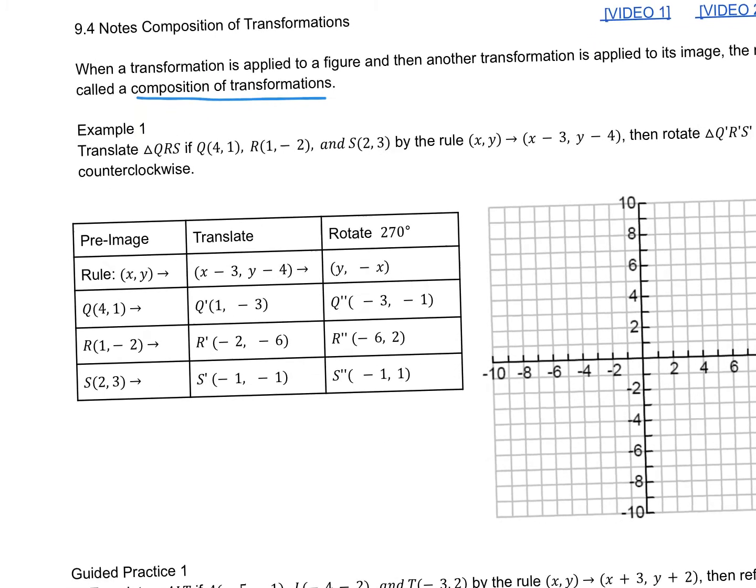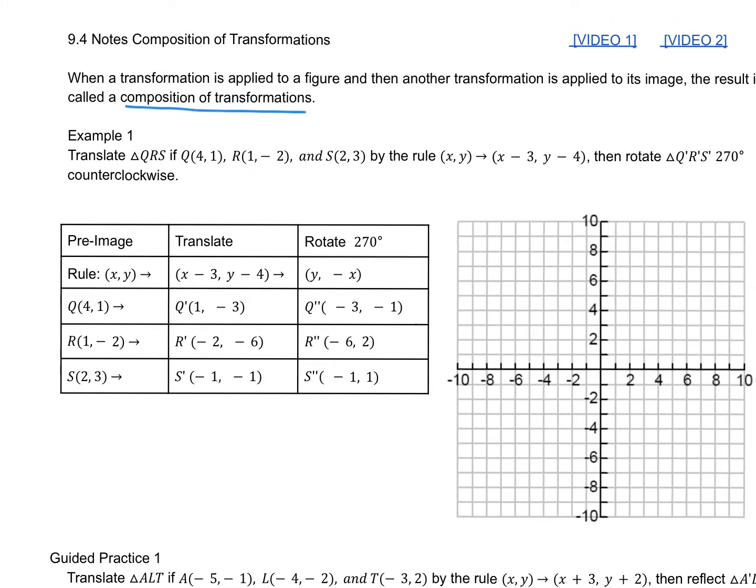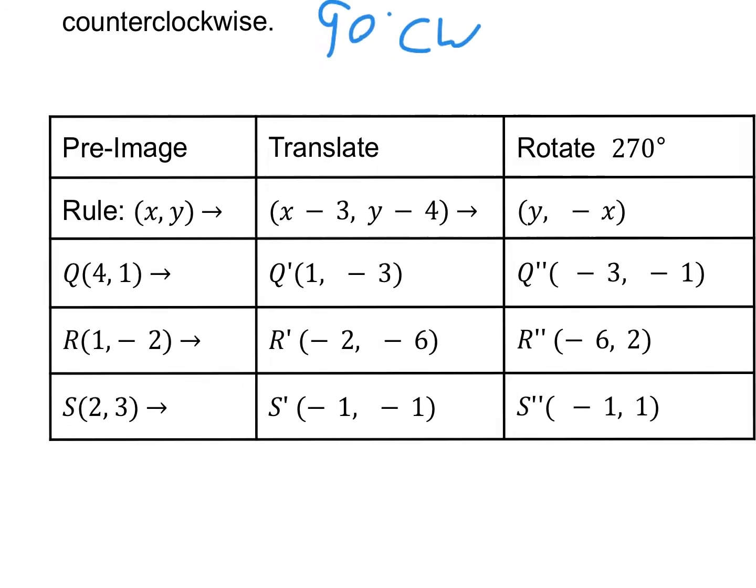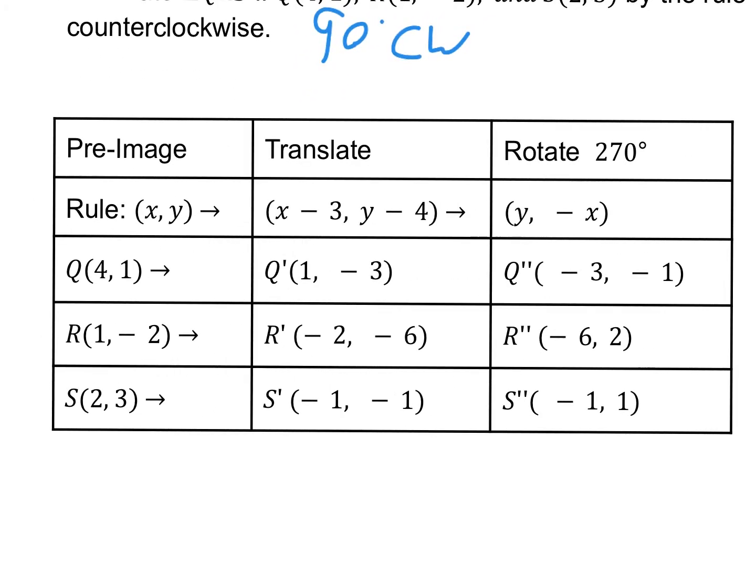So in this first example, we're translating triangle QRS by the rule x minus 3, y minus 4, and then rotating the image we get, the Q prime, R prime, S prime, 270 degrees counterclockwise. Now, 270 counterclockwise, that's the same as 90 degrees clockwise, if you prefer to think about things in terms of clockwise notation. So the general idea here is we're going to start off with our basic